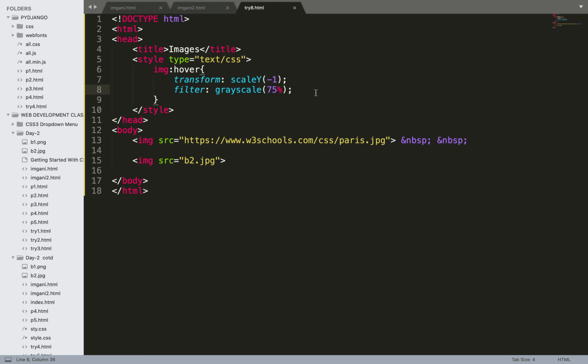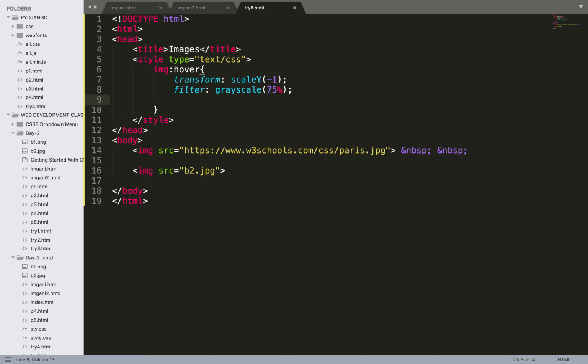Fine. Okay, the next thing we can do is change the opacity of an image. What is opacity? You can say it is the transparency of an image. If you want to make it fully transparent, fully opaque, or translucent. I think you know these terms, like what is transparent, translucent and opaque. We have studied these in our older classes. Okay, so how can we do that?